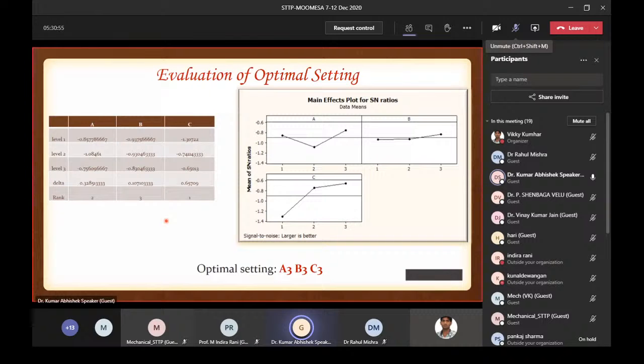और बेसिस ऑफ द डेल्टा वैल्यू वी आर गोइंग टू रैंक द फैक्टर्स। तो सी का डेल्टा वैल्यू इंपॉर्टेंट है तो हमने इसको रैंक 1 दिया, बी को 3 दिया, और ए को 2 दिया। क्लियर है। तो फैक्टर सी is ranked 1, so we can conclude that factor C has the major contribution over the circularity। मतलब जो फैक्टर C है उसका मेजर कंट्रीब्यूशन है, मेजर रोल है सर्कुलरिटी पे, and followed by the A and followed by the B, or you can say that B has the less effect over the circularity as compared to the A and C।